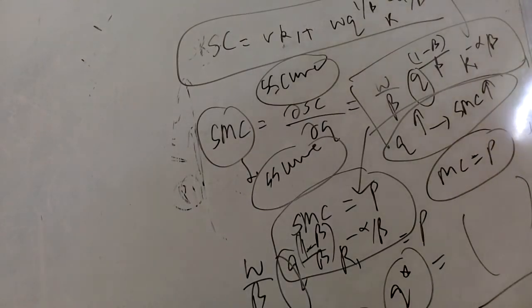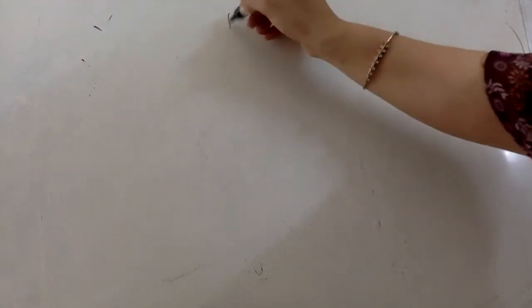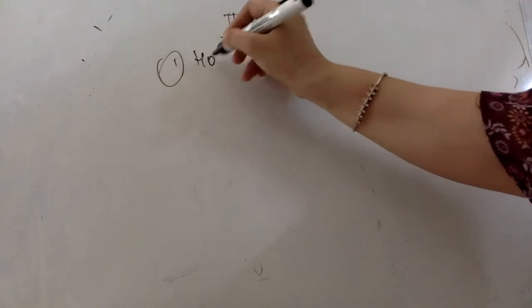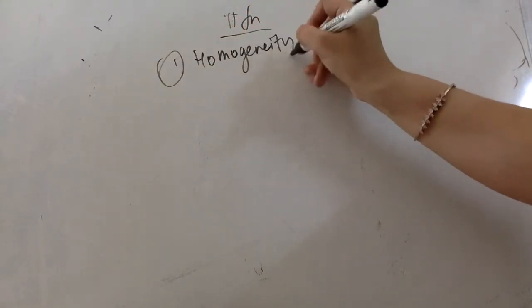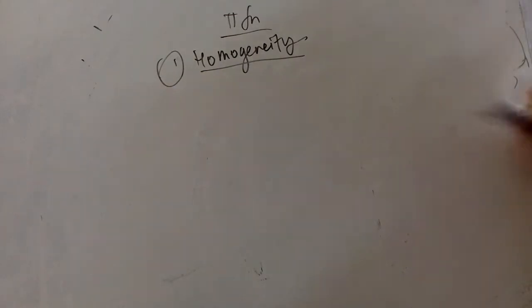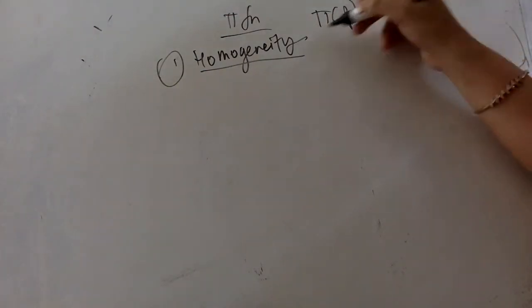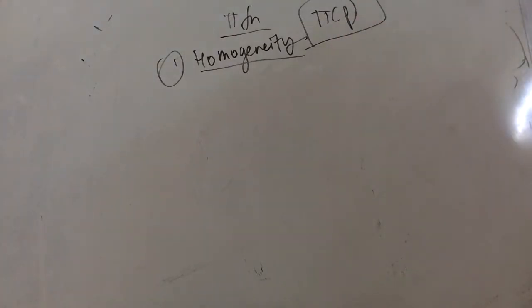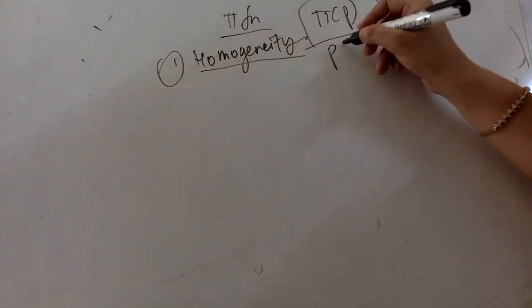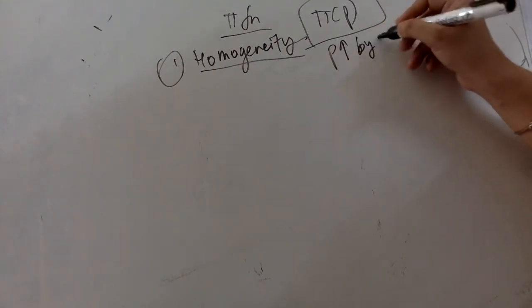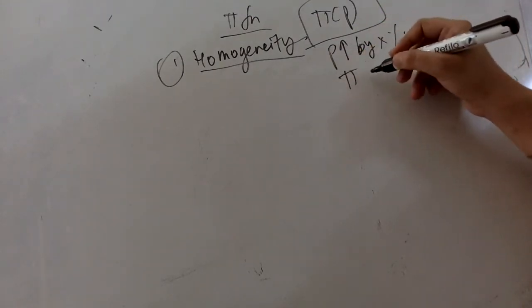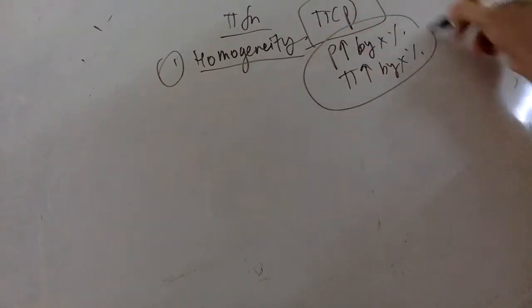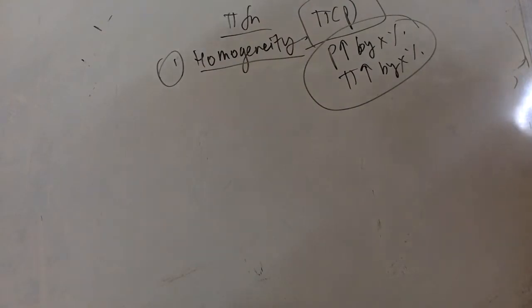Okay, so next I will move on to discuss properties of the profit function. Mainly there are 4 properties of the profit function. First is called homogeneity. What is the meaning of homogeneity? Since profit is in terms of the prices that we choose, we take the property of the profit in terms of the prices. So we say that if price increases by x proportion, the profit also increases by the same x proportion. So this is one property of the profit function, that says it is homogeneous in nature.